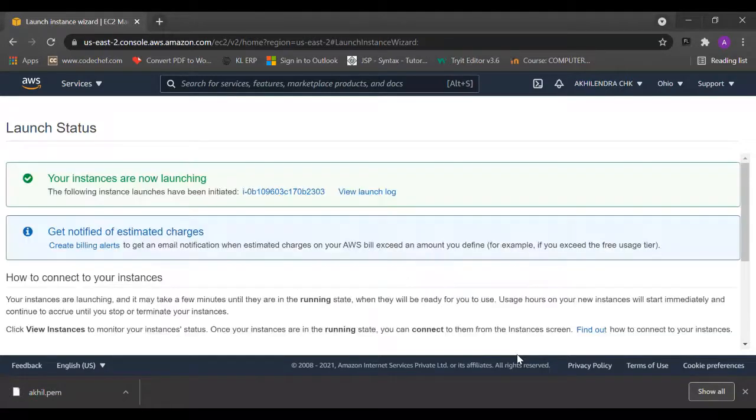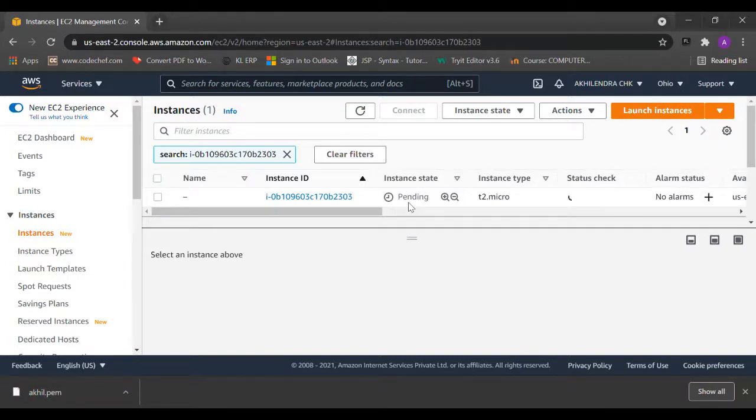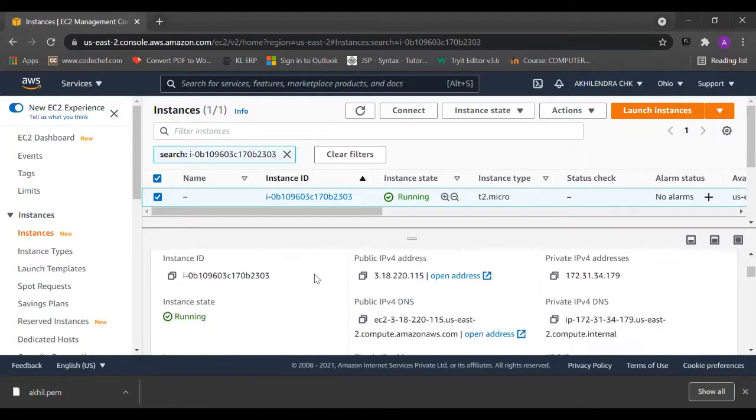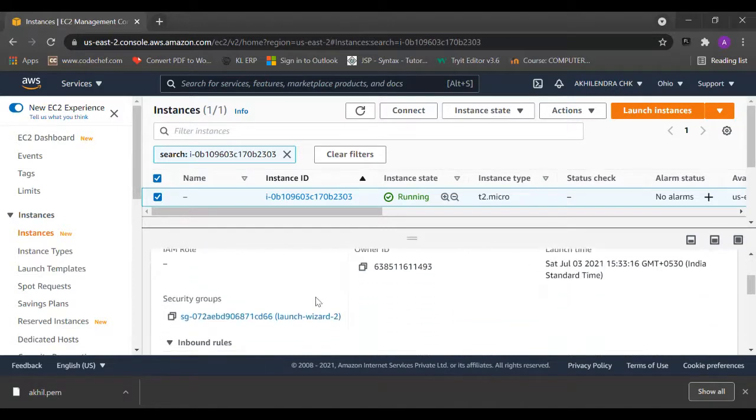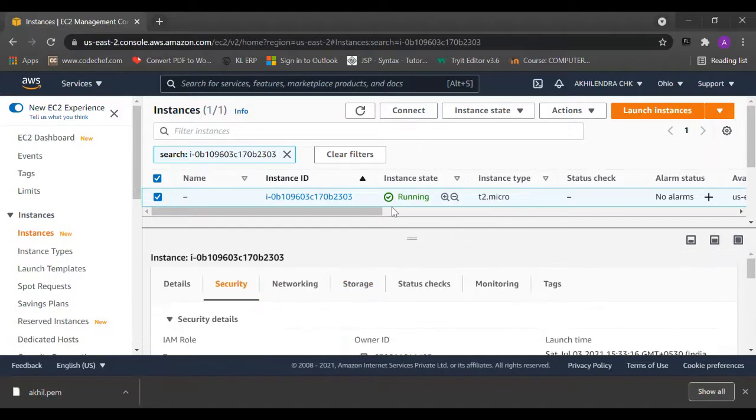It will take just some time. You can view whether your instance is created or not. Here our instance is loading. After creating this instance, we can host our static web page simply. Here we should see our instance state is pending. Just wait for 2 to 3 minutes. It will give you everything, like 2 by 2 checks passed. Under the security tab, you can see the inbound rules and the port range we have given before. Coming here, our instance is now in a running state. So now you can simply open your instance.